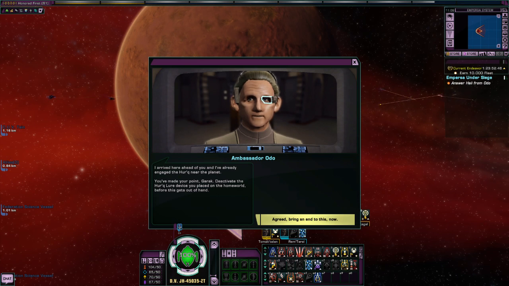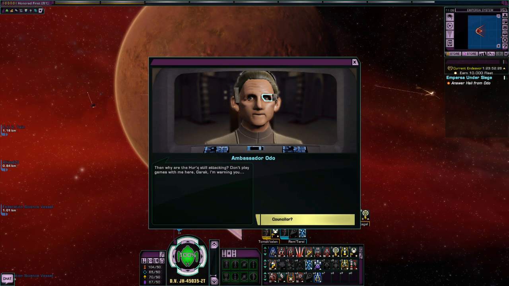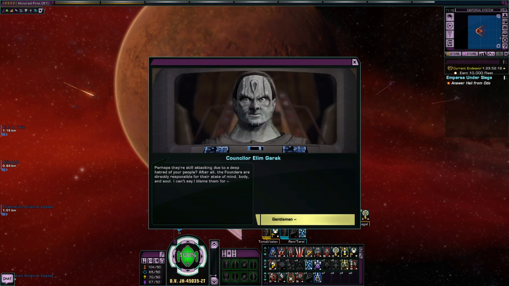And now the conclusion. I arrived here ahead of you, and I've already engaged the Herc near the planet. You've made your point, Garrick. Deactivate the Herc lure device you placed on the home world before this gets out of hand. Alright, agreed. I'm afraid that's the problem, Ambassador. I deactivated it several minutes ago. Excuse me? Then why are the Hercs still attacking? Don't play games with me here, Garrick. I'm warning you. Alright, counselor. Perhaps they're still attacking due to a deep hatred of your people. After all, the Founders are directly responsible for their state of mind, body, and soul. I can't say I blame them for...